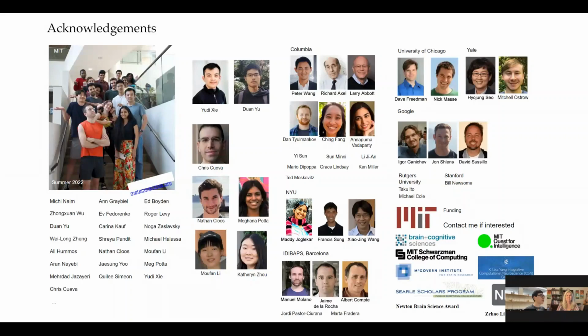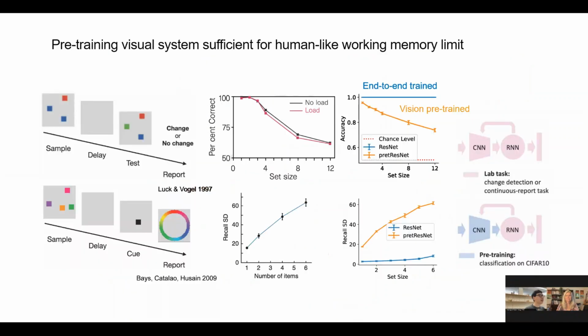Okay, so in this working memory part, let me show you this. I've shown you that if we pre-train the convolutional network, then we can obtain a human-like capacity limit, right? So the implication here is that we simply cannot remember all these things, maybe because we cannot even see them simultaneously, right? But then, of course, the psychologists and cognitive scientists have thought about this possibility a long time ago,